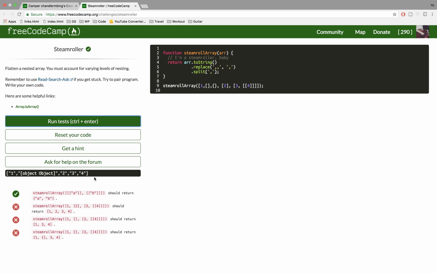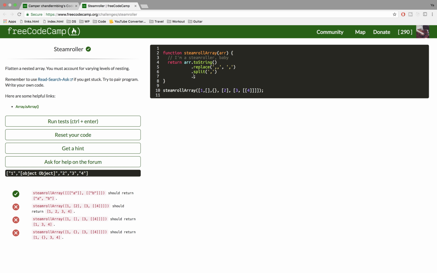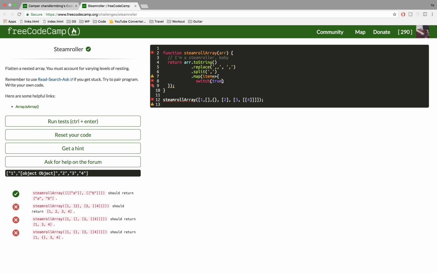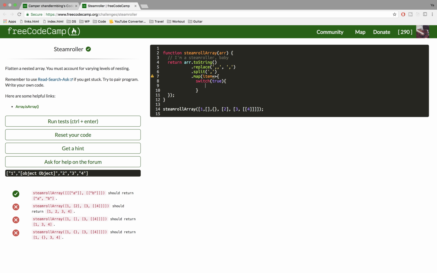Now it's a single dimension array, so we're on the right track, but every item is a string, so we don't want that. Now we have to move on to step number 4, which is going over every item in that array. I will just use the map function, and here I will use a switch statement. The first case is we want to find whenever the string is an object. So we are looking for the item equal to,